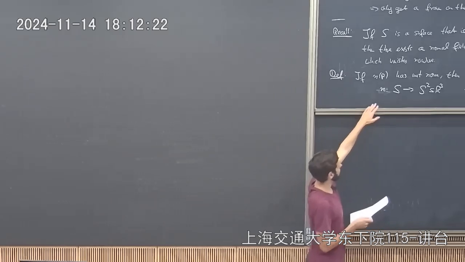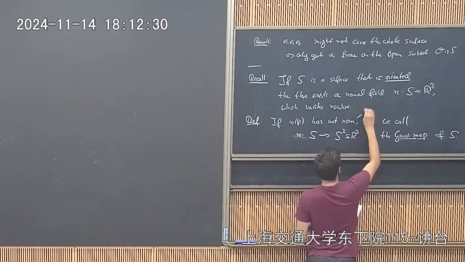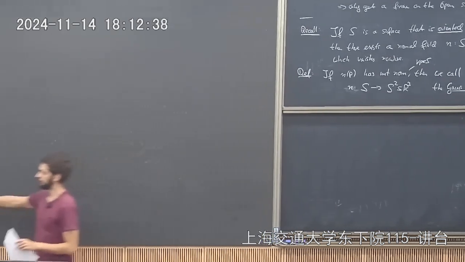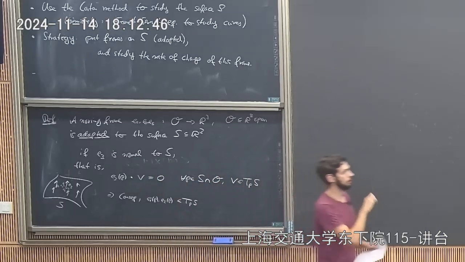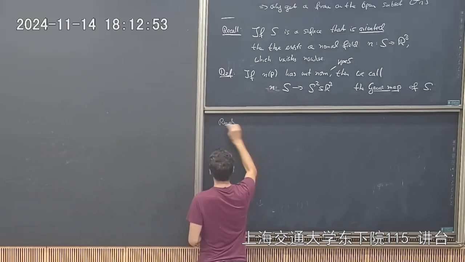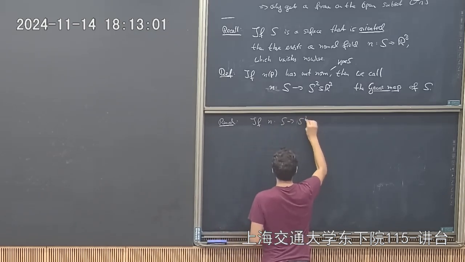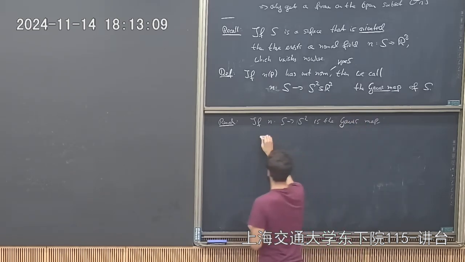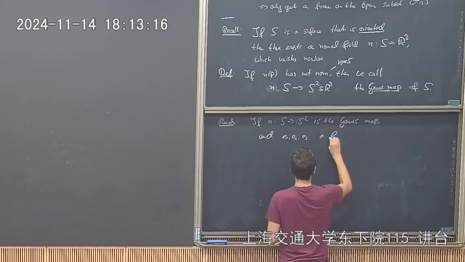The reason it's interesting to consider the ones where N of P is the unit norm for all points on the surface is that if you restrict a moving frame which is adapted, then E3 is normal to S. That follows that N is the Gauss map, and E1, E2, E3 frame